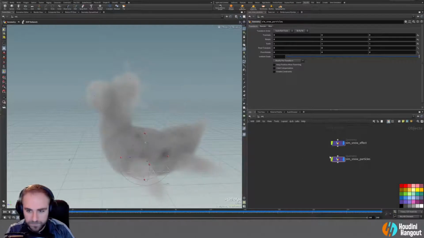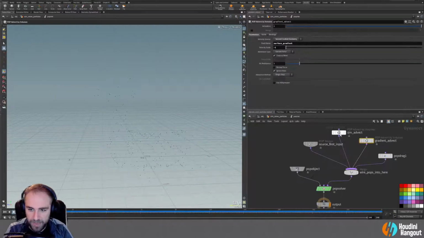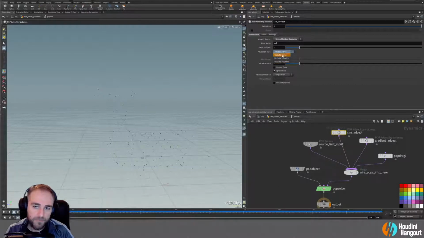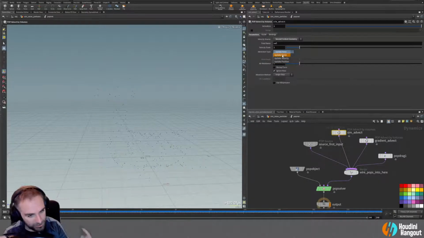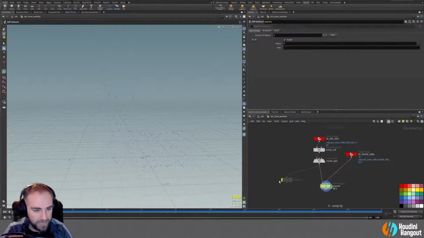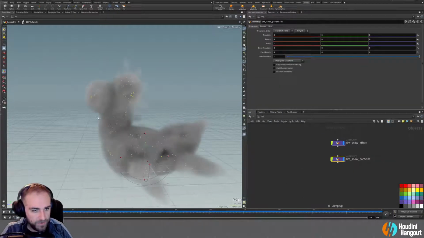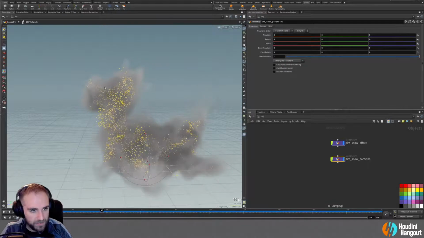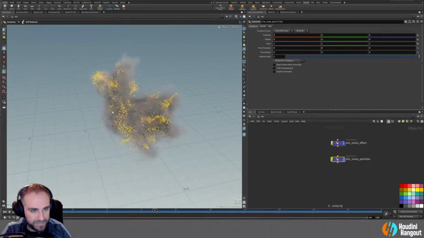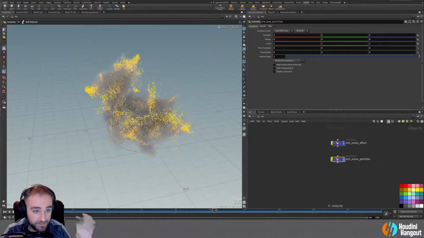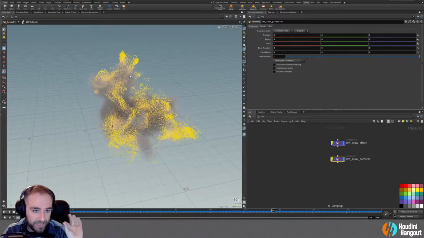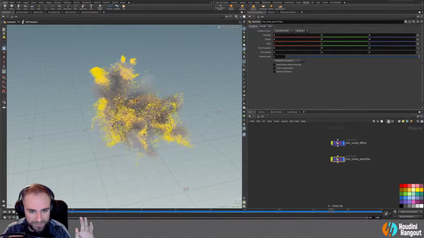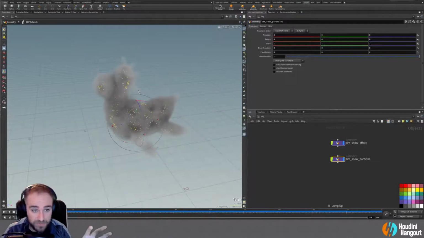But the other thing in here that would be something to play around with as well is this advection type, because there's these 3 different types here. So a force is basically going to be trying to push on these particles as they're moving around and say, hey, move back this direction. You can see that happening in this example right here. You can see that these particles are coming out, and they're not completely following this entire simulation here. They're pretty closely following it, but they're not being driven perfectly by it. I mean, there's some that are floating way out here and things like that. So it's loosely based on the same